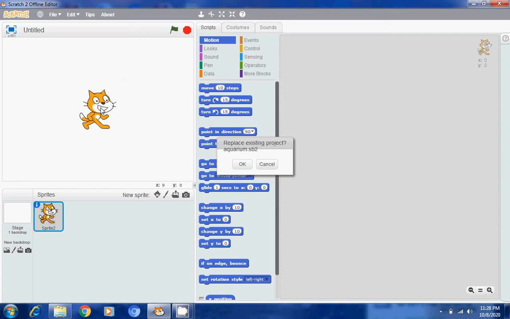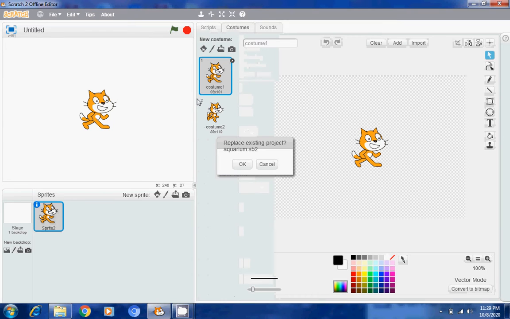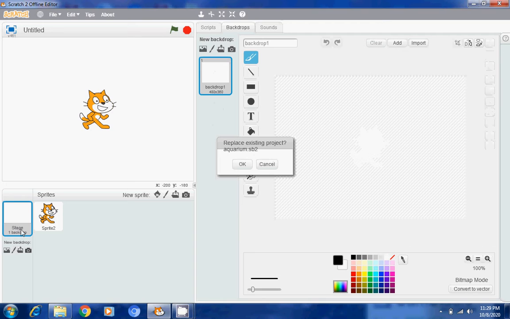Now how to create? In this aquarium we have fishes and a backdrop of underwater. So first we will take the backdrop. From where can we take the backdrop? Here, see, the stage backdrop is given.